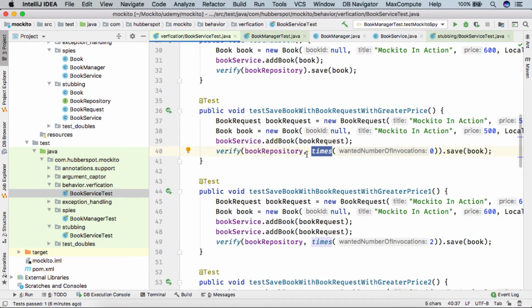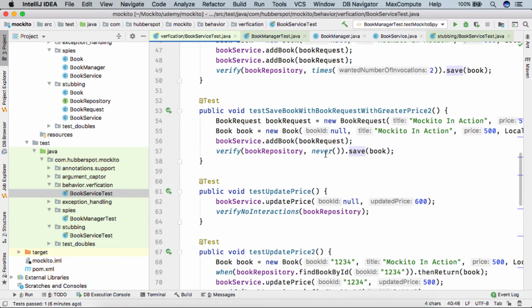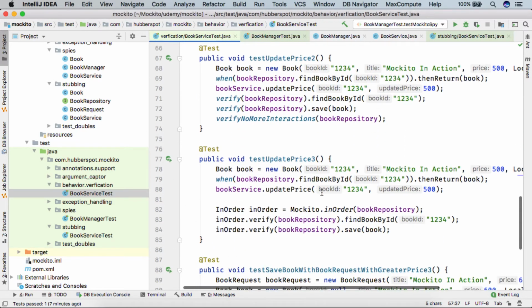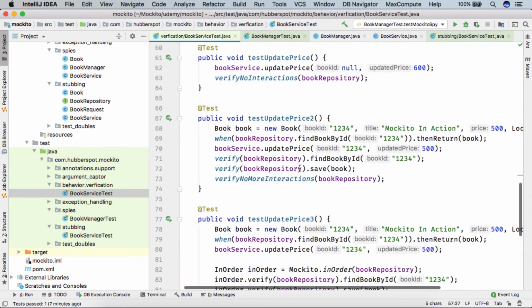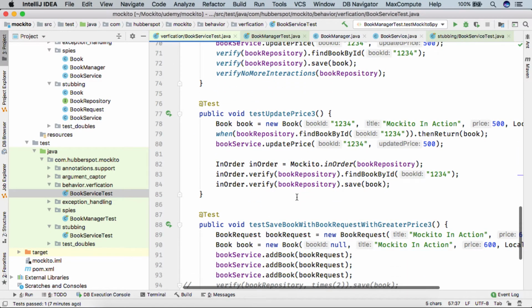We also saw that using behavior verification we can check how many times a particular method was interacted with, whether any particular method was never interacted with, and many other stuff related to behavior verification.